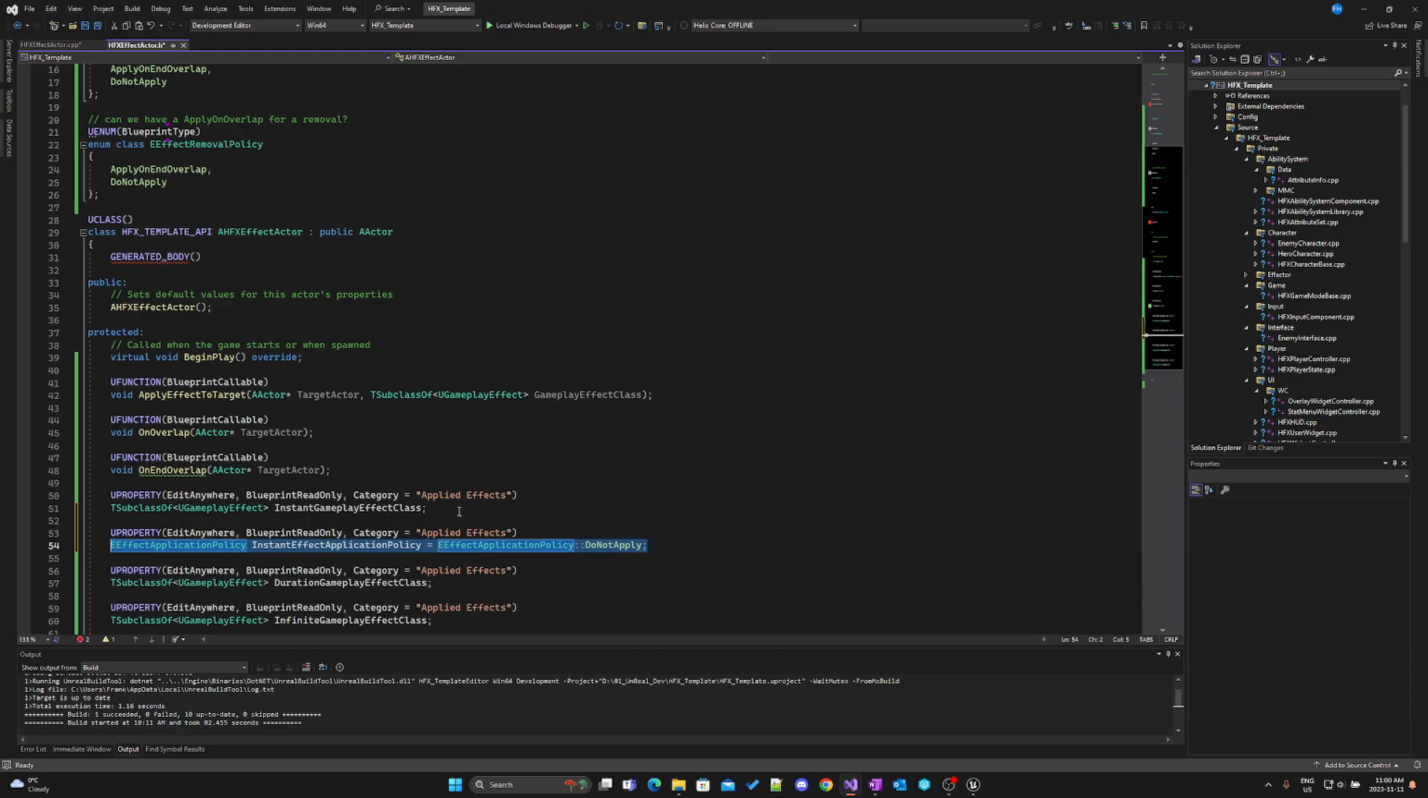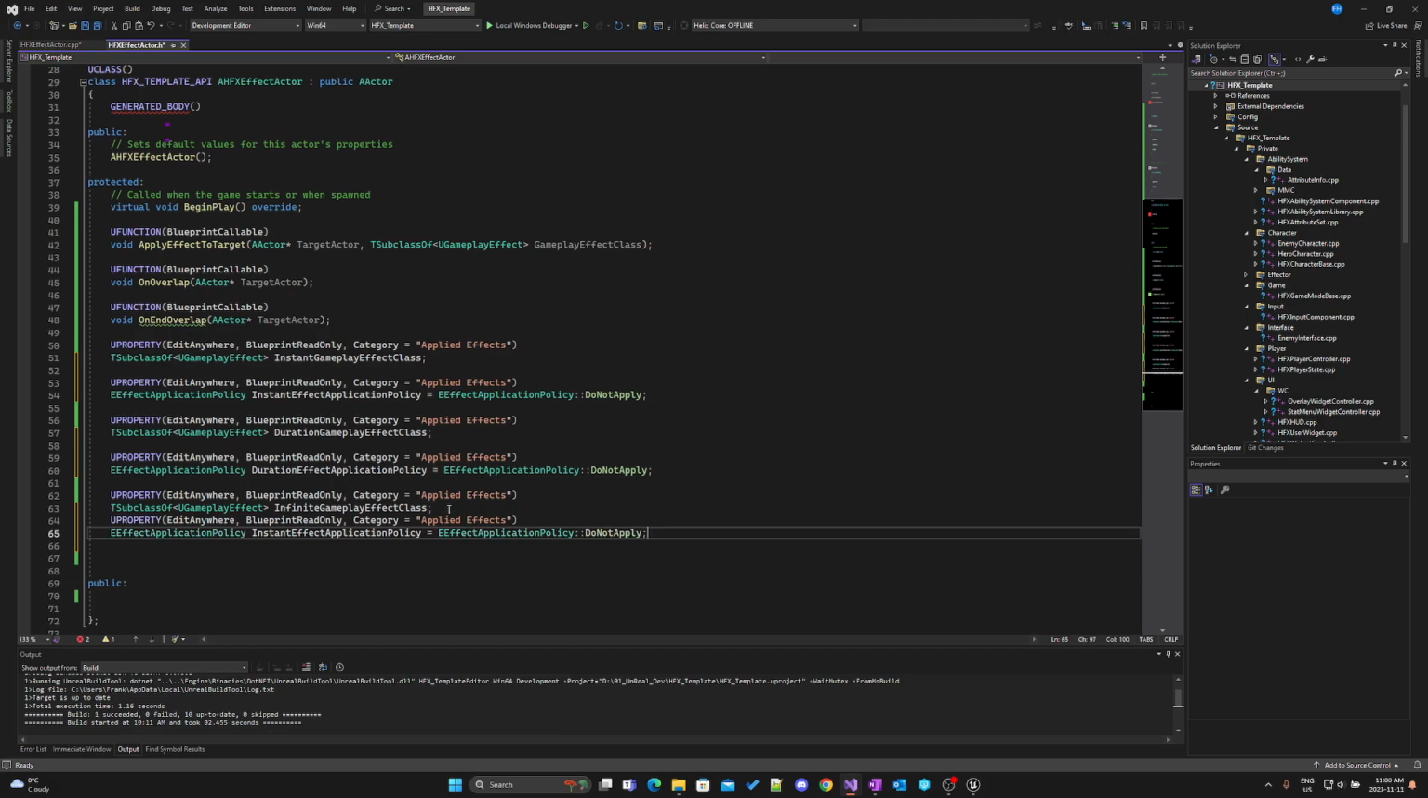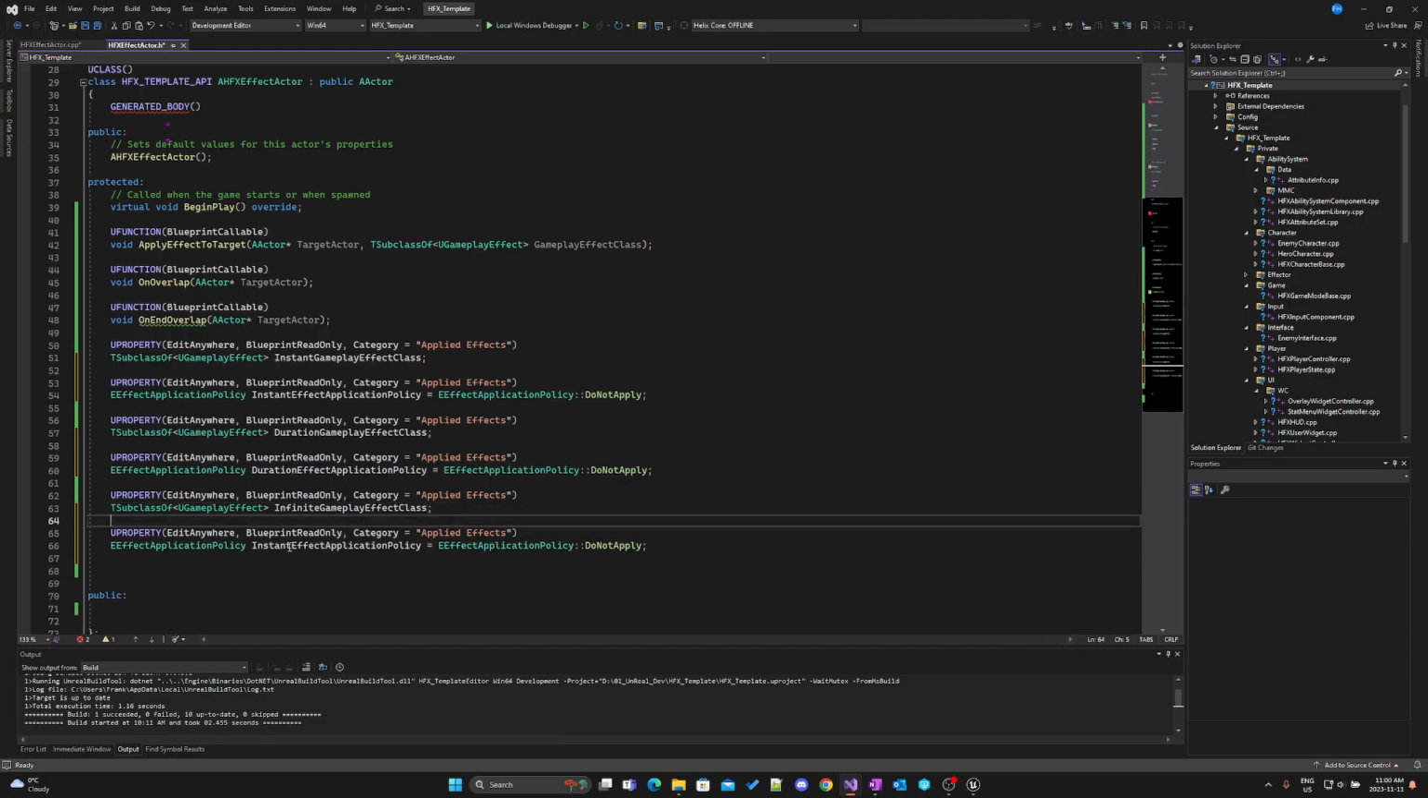Okay, I'm going to copy that one. Actually, I'll copy both these lines. I'm going to come down here and paste it in there. And I'm going to change instant to duration, and we'll set it to do not apply. And then we'll come down here and change instant to infinite